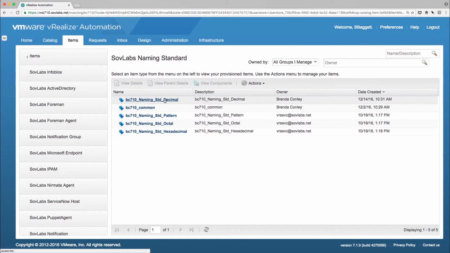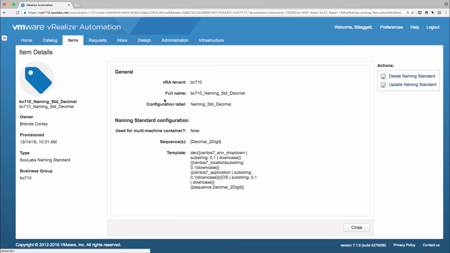Now that we've defined our naming sequence, let's define a naming standard. In our naming standard configuration, we'll refer to the naming sequence from our previous step. As we look at the template itself, we see several interesting things. First, there's a pattern at the beginning of the name we arbitrarily define that is comprised of 3 letters. This is static and unchanging. Please note the usage of the double curly braces indicates usage of the SovLabs template engine. After that, we utilize a variable